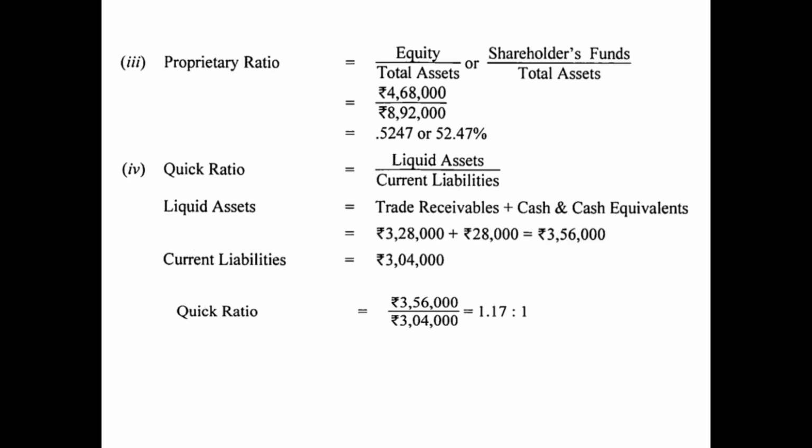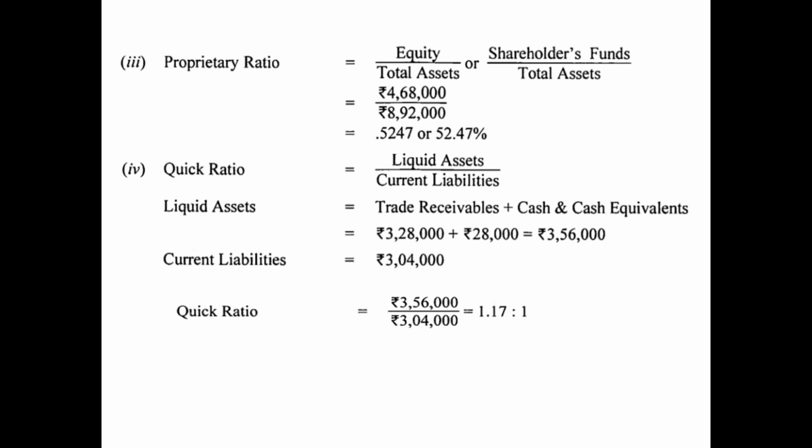The next is proprietary ratio. The formula for proprietary ratio is equity upon total assets. So equity you have already calculated while calculating the debt equity ratio, 4,68,000, and total assets you have already calculated while calculating the debt to total asset ratio as 8,92,000. So you can simply put the values in the formula, 4,68,000 upon 8,92,000. So your proprietary ratio will come to 0.5247, or we can say